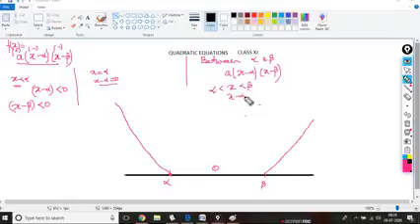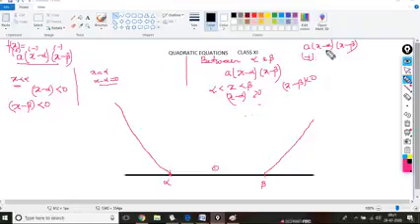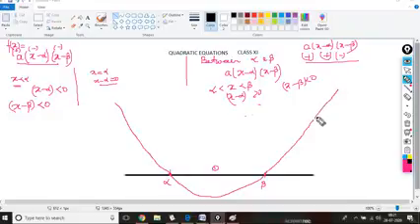So for this, x minus alpha is greater than 0 and x minus beta is less than 0. So now what is the expression? The expression of f(x), a into x minus alpha into x minus beta, is a positive quantity into x minus alpha positive, x minus beta negative. So the product of all these three is negative. So you see that in between alpha and beta, the graph is negative. Beyond beta, the graph is positive. Before alpha, the graph is positive.